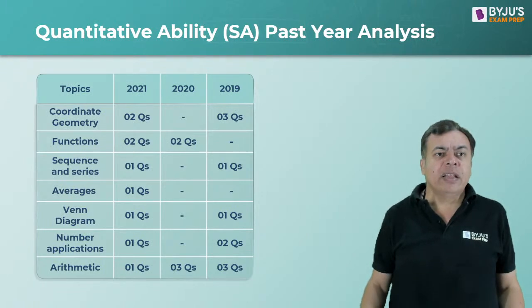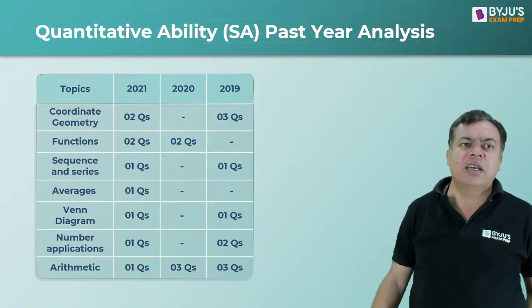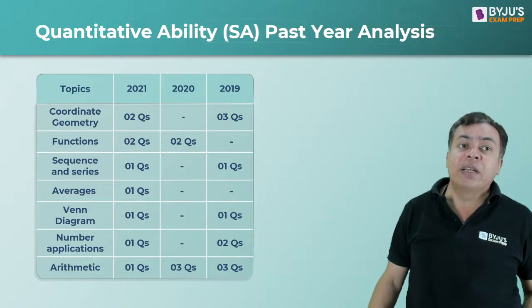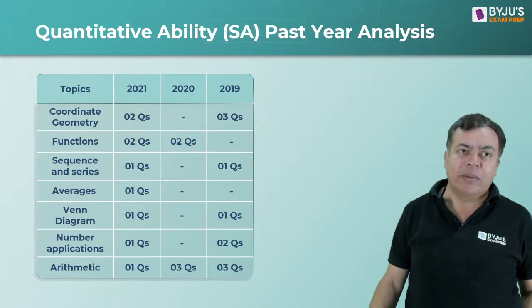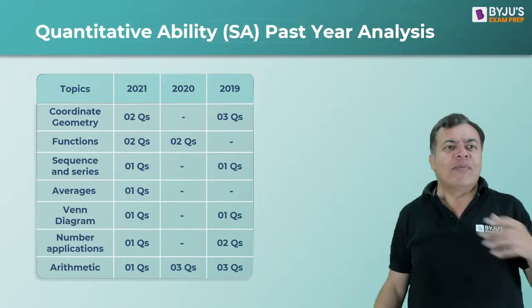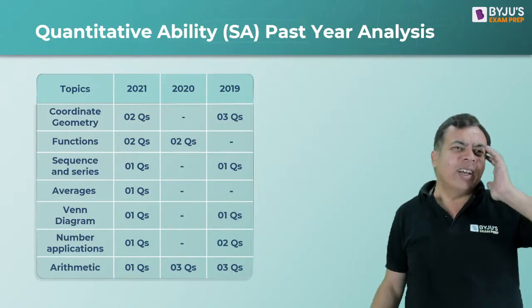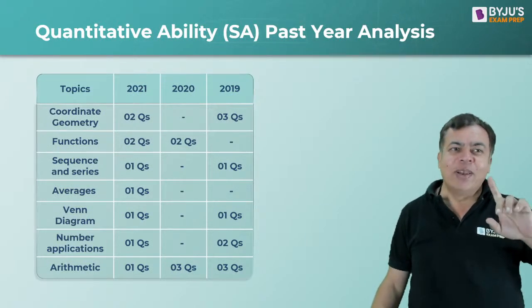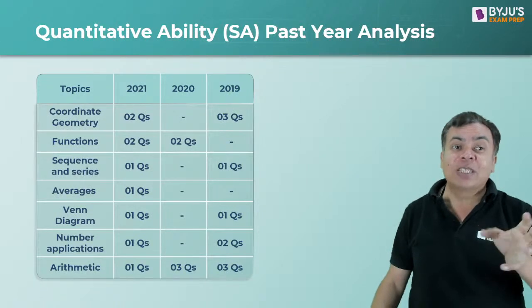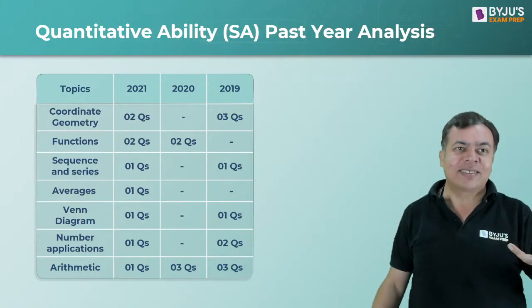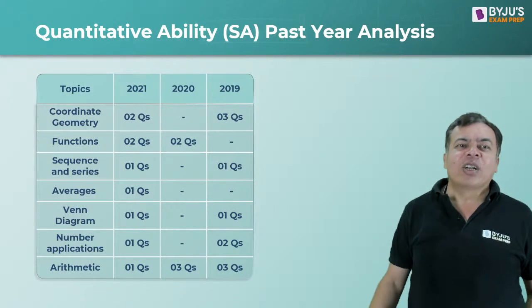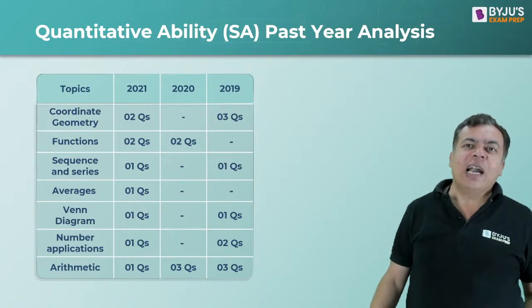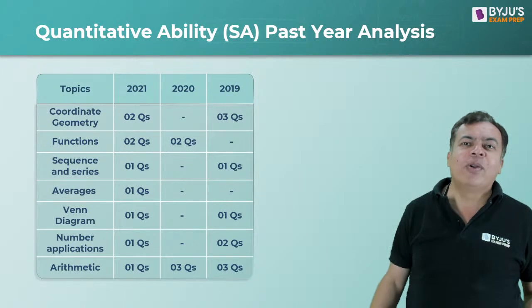Clearing the cutoff is not enough, but when you clear the cutoff, actually, clearing the cutoff is only a concern for that particular section in which I am not very comfortable. If I am not comfortable in the verbal section, I will think of clearing the cutoff of the verbal section. If I am good at maths, I will never think of clearing the cutoff in maths, but I want to score high in maths. Clearing the cutoff is only right for that particular section. I will think of where I am not that comfortable.